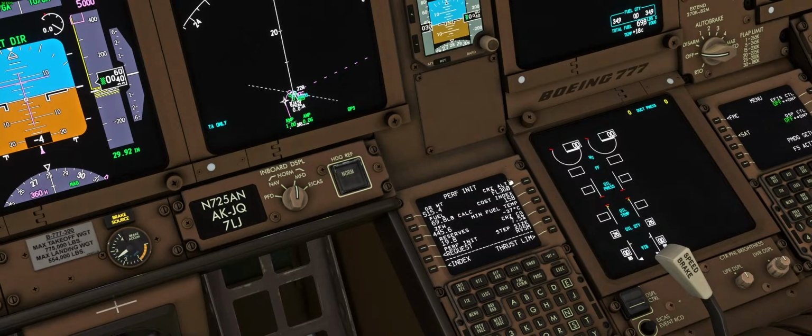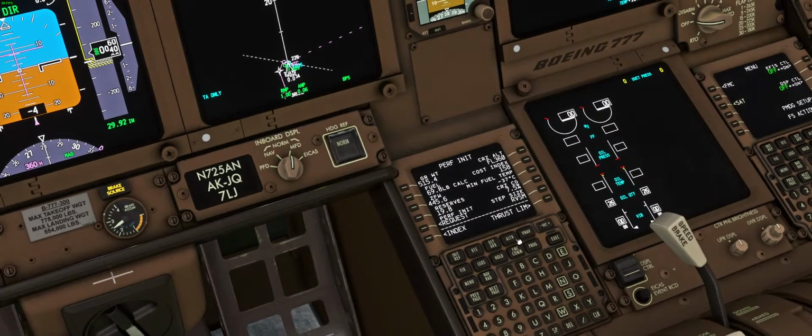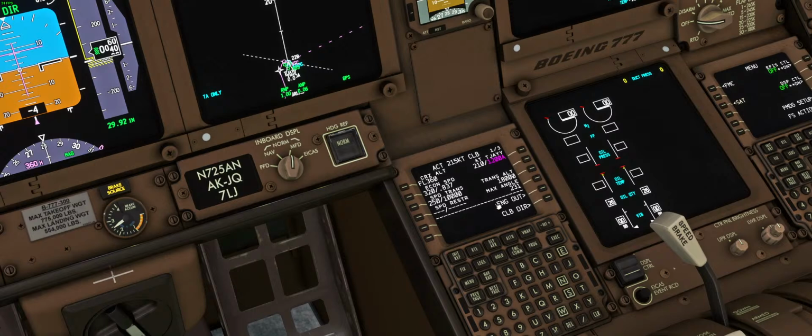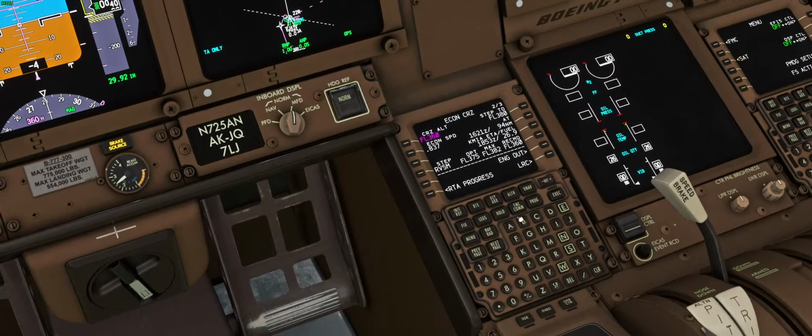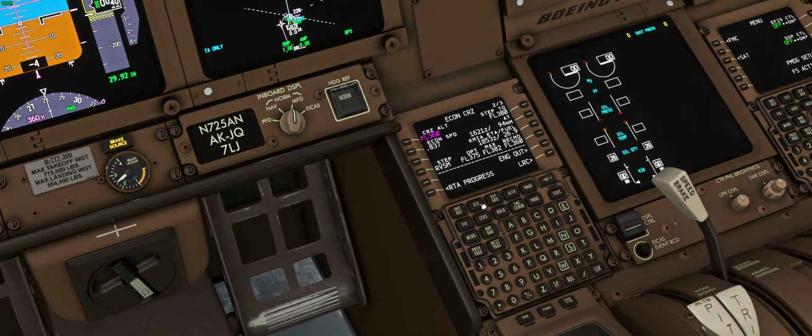So we have a cruise altitude of 36,000 feet. We can go here to the VNAV page real quick, and I want to show you something. That's our recommended cruise altitude. It'll automatically put it in with a step climb up to 38,000 feet, which is our filed altitude. I'll get into more of this on cruise, but I just wanted to show you this real quick. So back to